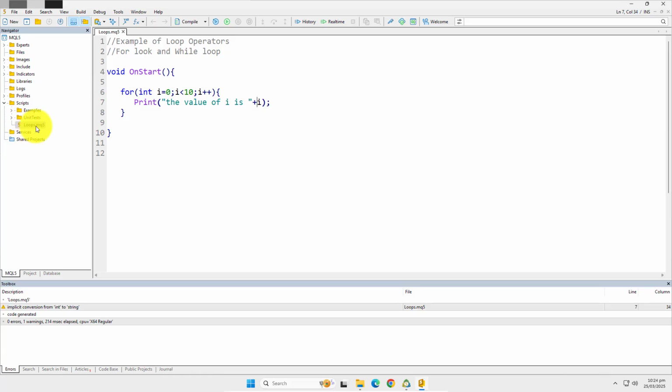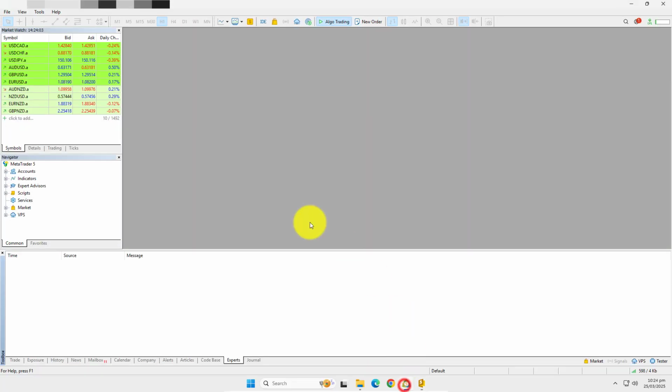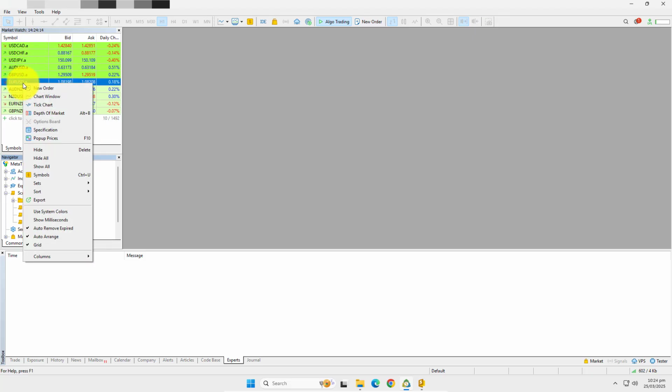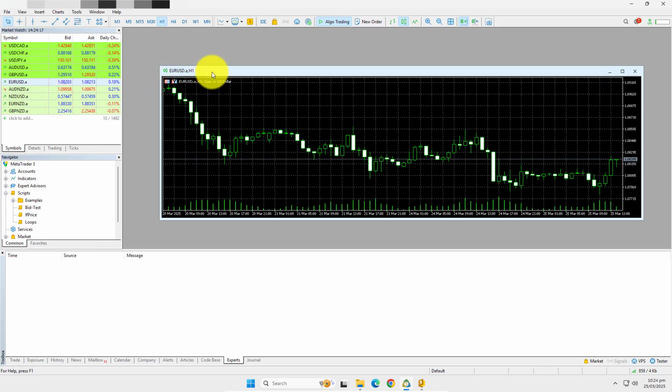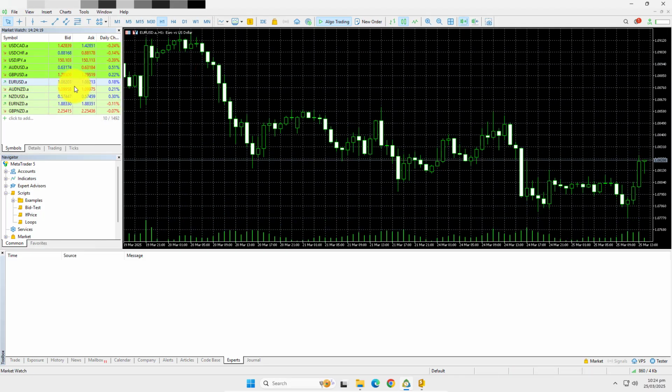So compiling, we have the loops there, and if we jump in the MetaTrader platform and open the scripts, we refresh the scripts there. We need a chart to mount it to, our USD, so it's a good chart. And the print function will print anything that is in the value of the function in the experts tab. So if we take loop and we drag it into the chart,